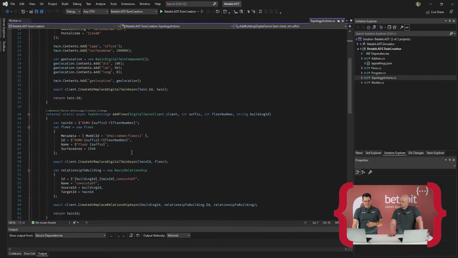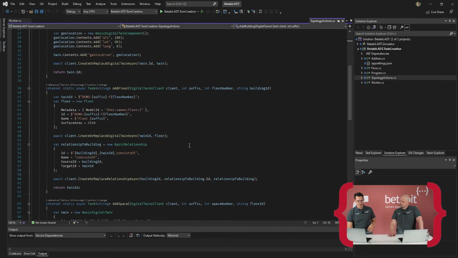Okay. Yeah. So in this case, when I've added that, I now have one twin. Cool. Then the next step would be, like we saw in the previous code, I go into a for loop and add a number of floors. Well, if I start adding floors, I'm doing it a little bit differently. I'm now not using the helper class, basic digital twin, anymore, but I've written my own class. So I've written a class called floor,